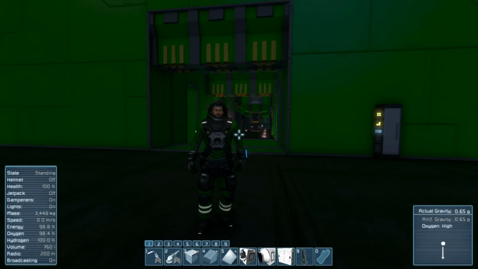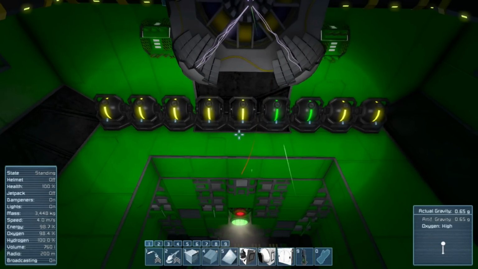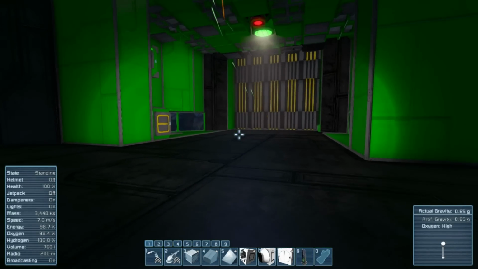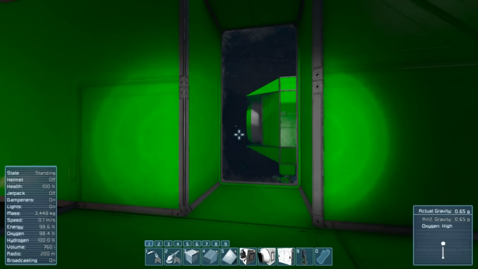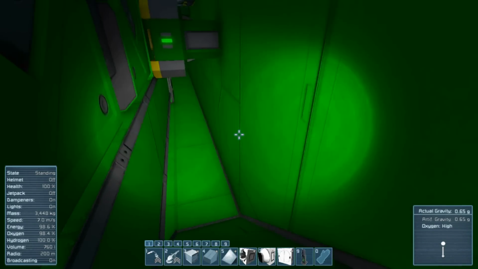Well, apparently we are oxygenated, pressurized, and all the other things. I have my helmet off. Finally, after all this time, there are 2 gyroscopes that are still active. Okay, I'll deal with that later. So, yeah, everything is all pressurized, and this is working. And if we go downstairs,